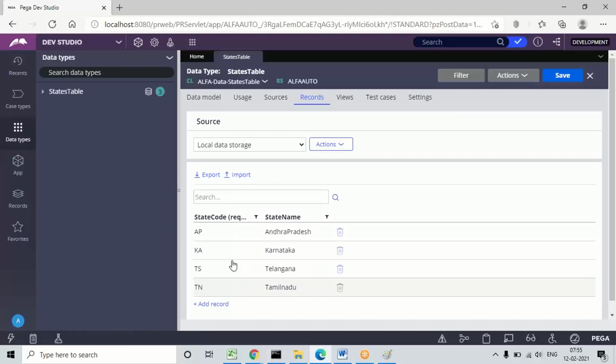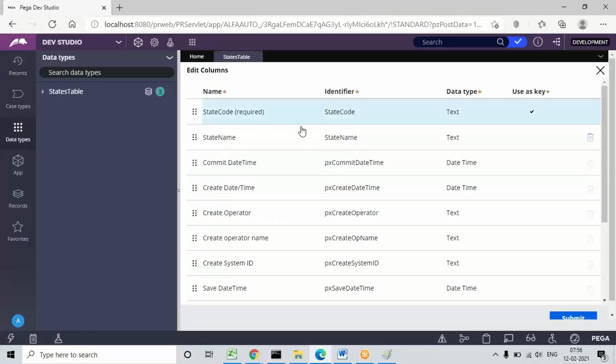Or if you want to import data, you can import from a file. So import and export buttons will be given. If you want to edit, edit means here we can add new columns or delete any column, but the class key column we cannot edit or change. Class key state code is set as the class key, right? So that we cannot change to some other property. Only once we can set the source. After generating the table, we cannot change the source, or set any source for a new property.